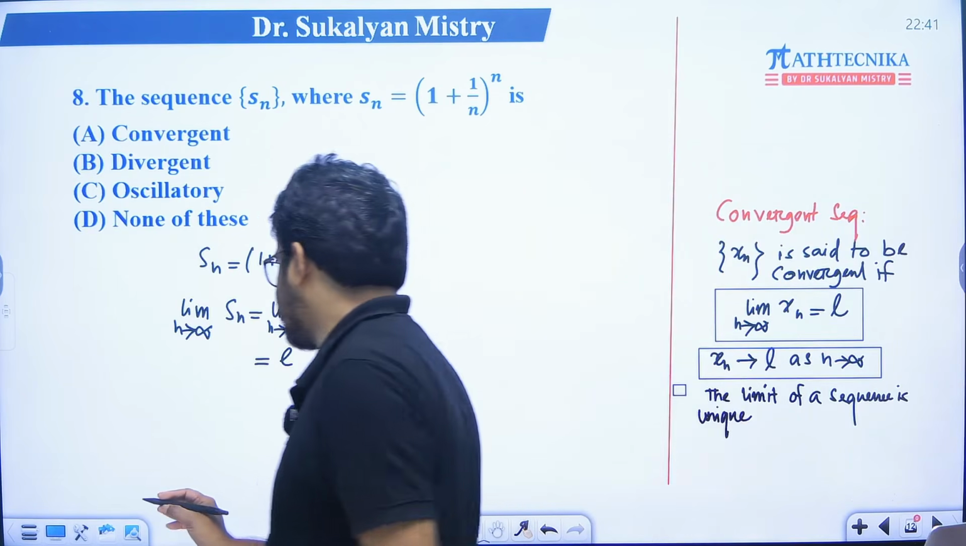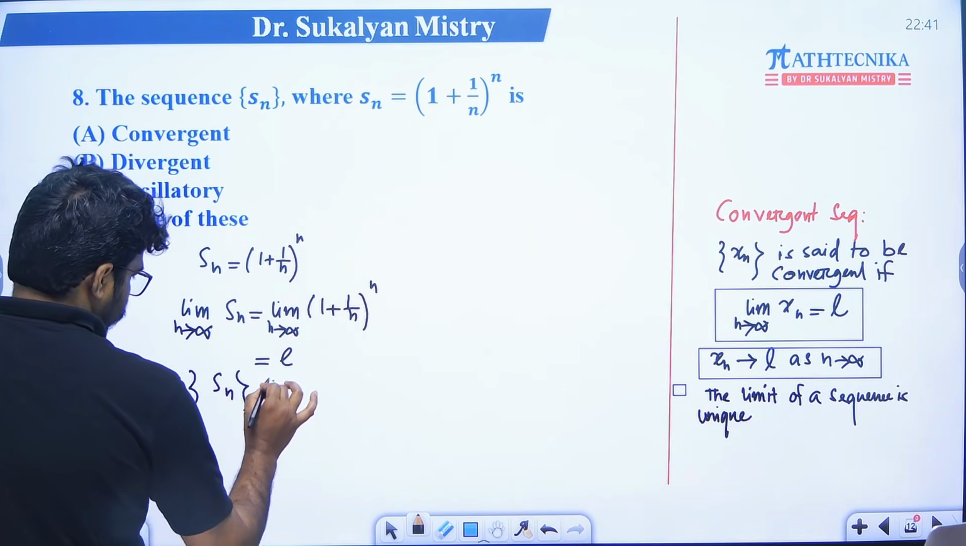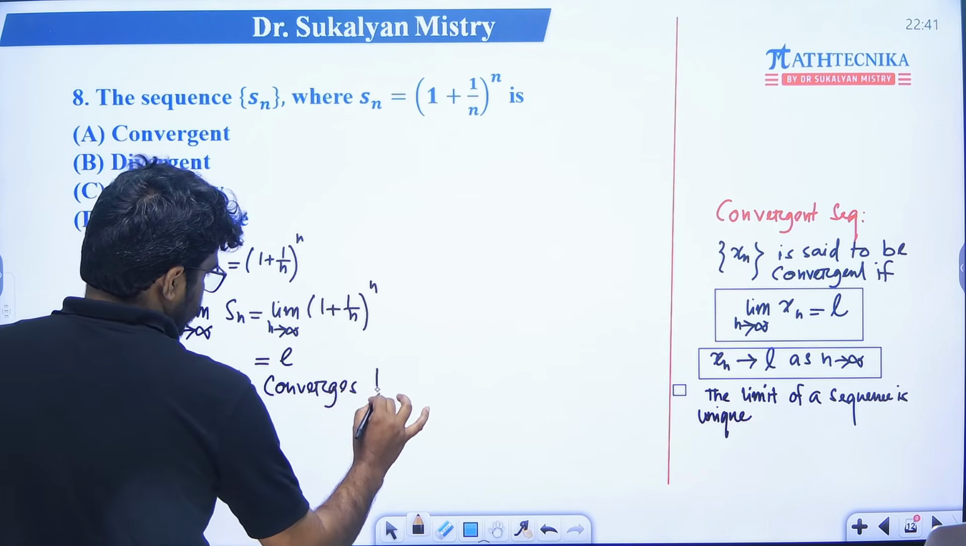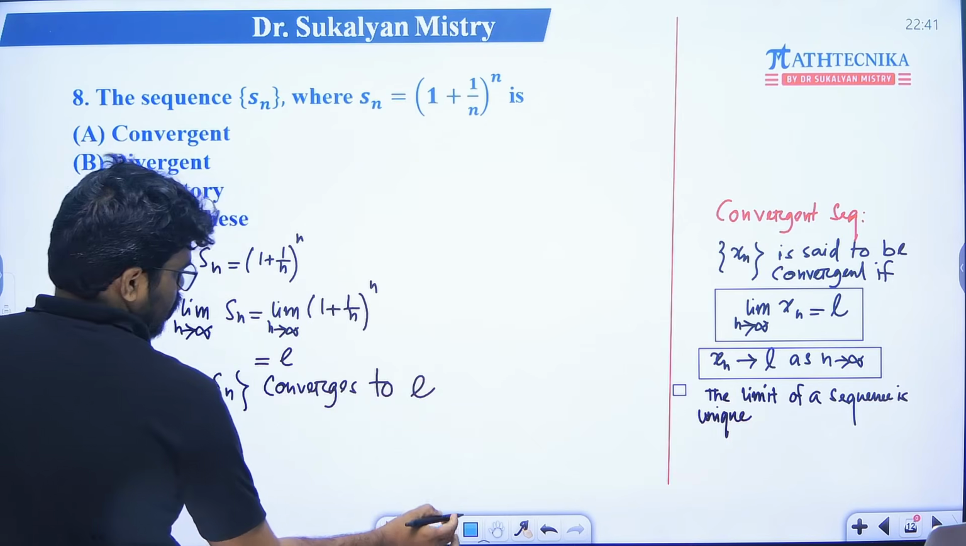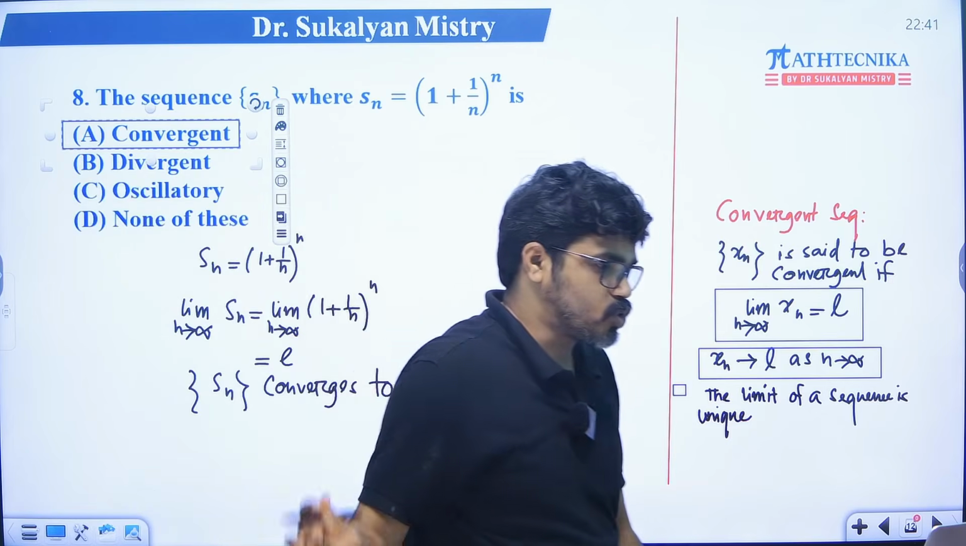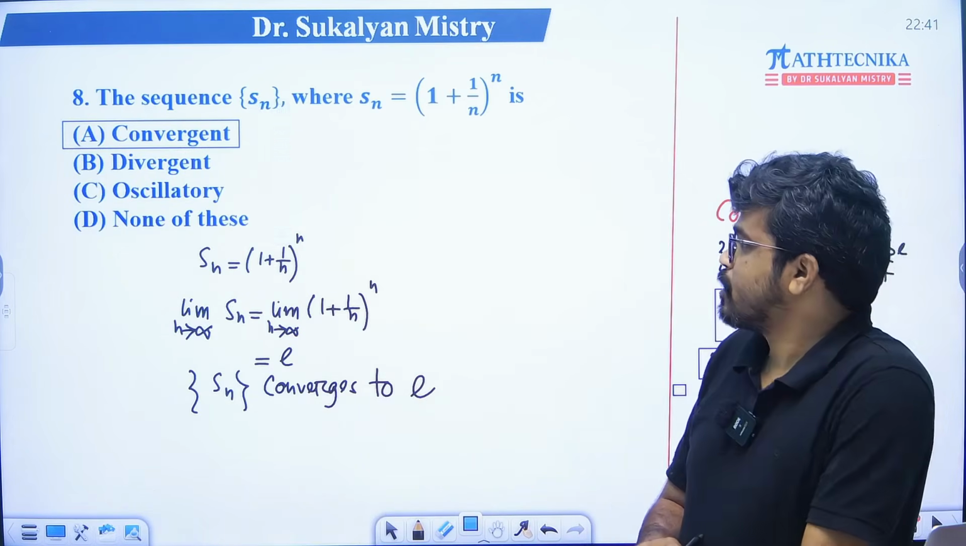Here the sequence Sn converges to e. So it is a convergent sequence. So option A is the correct answer. So note all these points. Okay. ঠিক আছে. So next